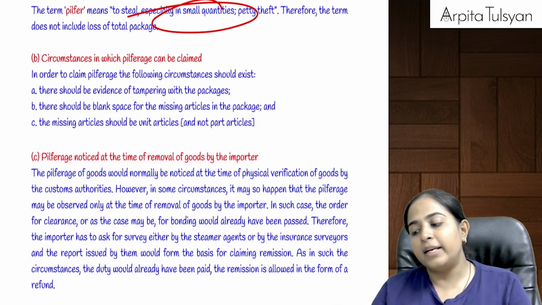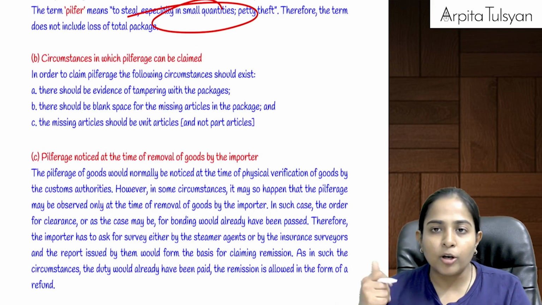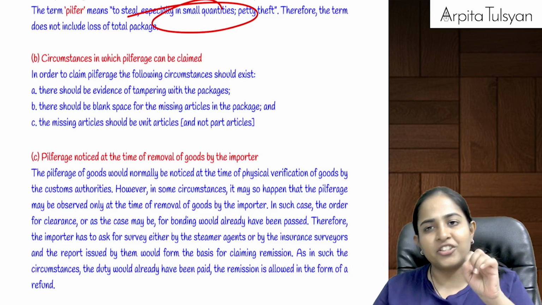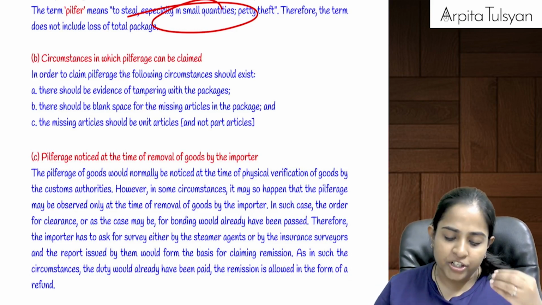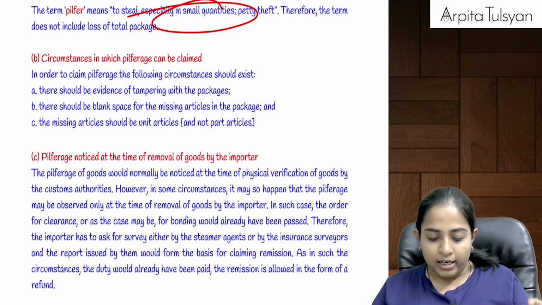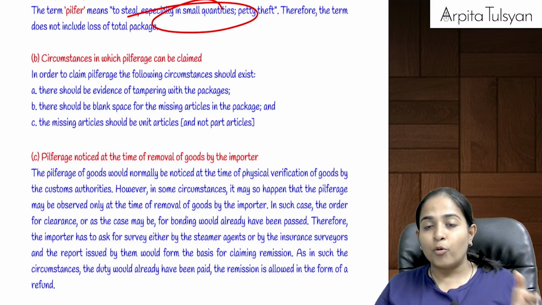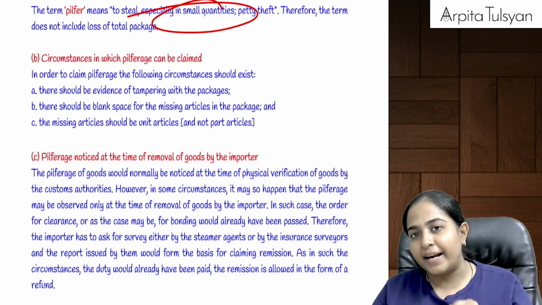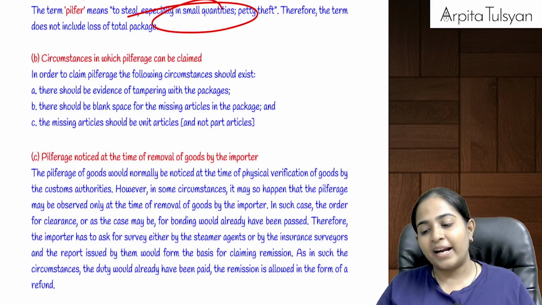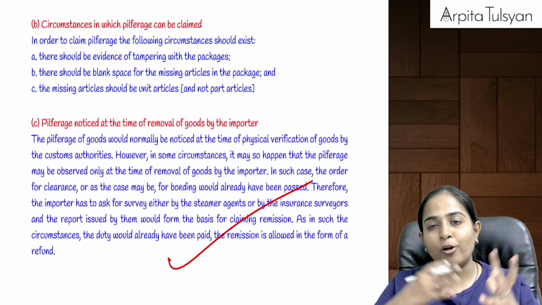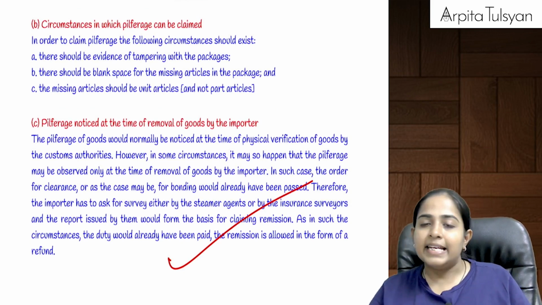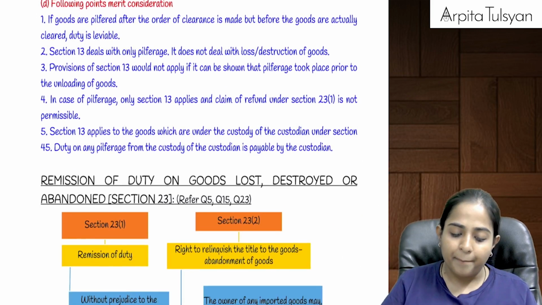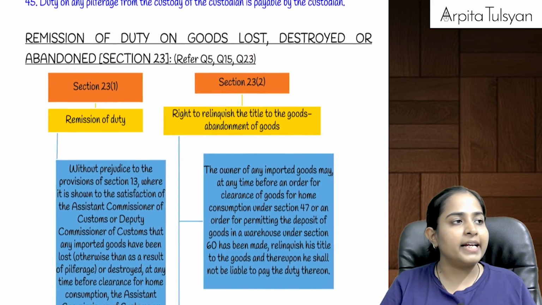Normally the customs officer will come to know about the pilferage, because when he is going to pass the order for home consumption or for warehouse, he will check the goods. Suppose he did not check it at that time. Later on when the importer is removing the goods, if he sees it then, by that time he would have already paid the custom duty. So after doing all the survey and checking, he can still get the benefit of pilferage, meaning he will get a refund of the duty which he had paid. Are you clear with this? Okay, that was covered in section number 13.